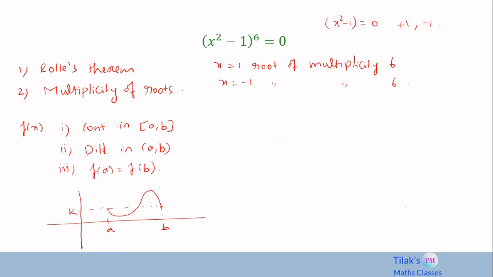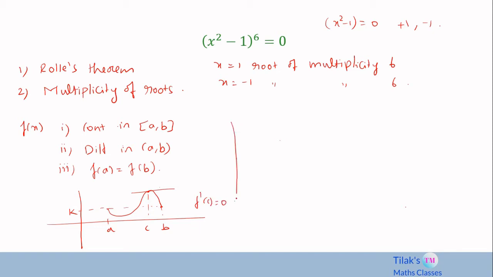Now f is a function which is continuous in the closed interval, differentiable in the open interval, and f(a) is equal to f(b). In such a case there will be at least one point between a and b, let us say c, where the tangent drawn to the curve will be horizontal. In fact here you can see that there are two such points, but what is guaranteed is the existence of at least one such point where the derivative will be equal to 0. So we can say f'(c) = 0.